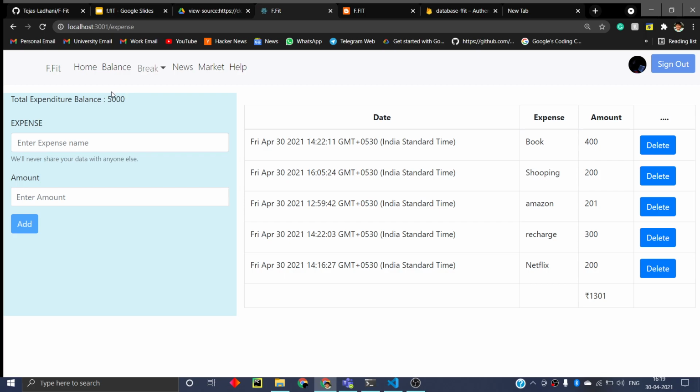There's the expense section, where there's the amount of expense that is allocated for your expenditure. Here you can add expenses of your choice. Let me add one.